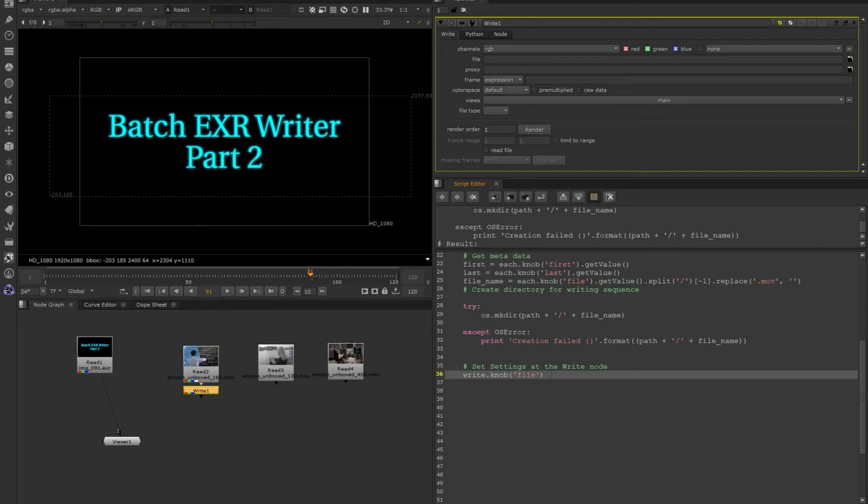And in this case we use set value, and we set it to, I will use now this method here. I just copy it, and we set value to